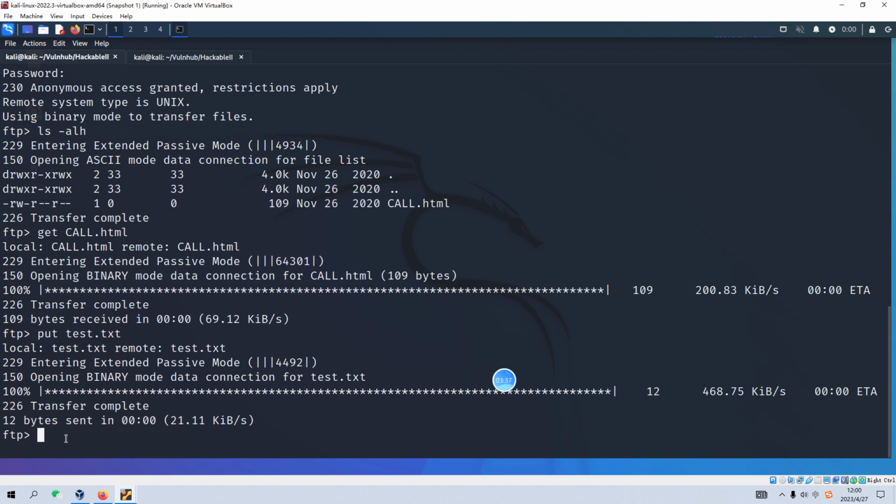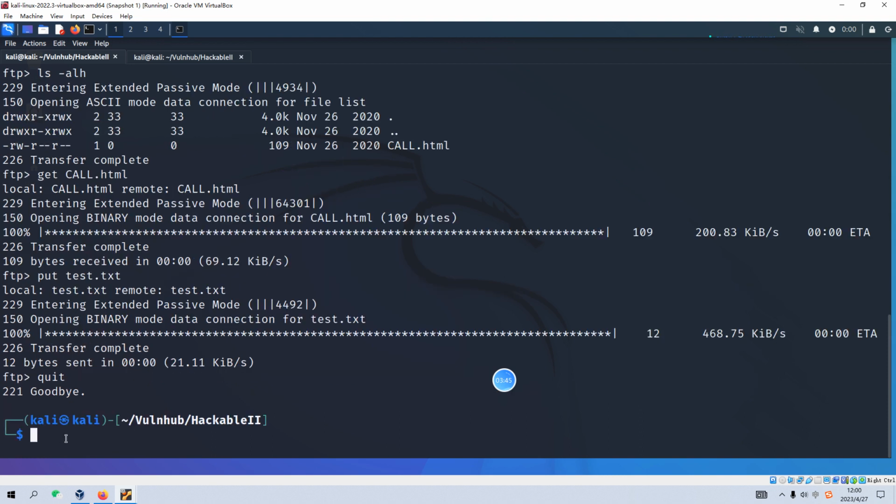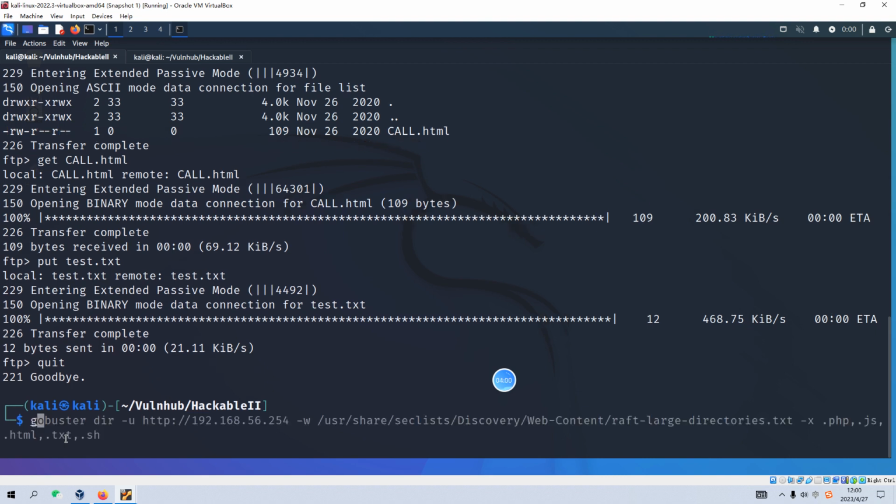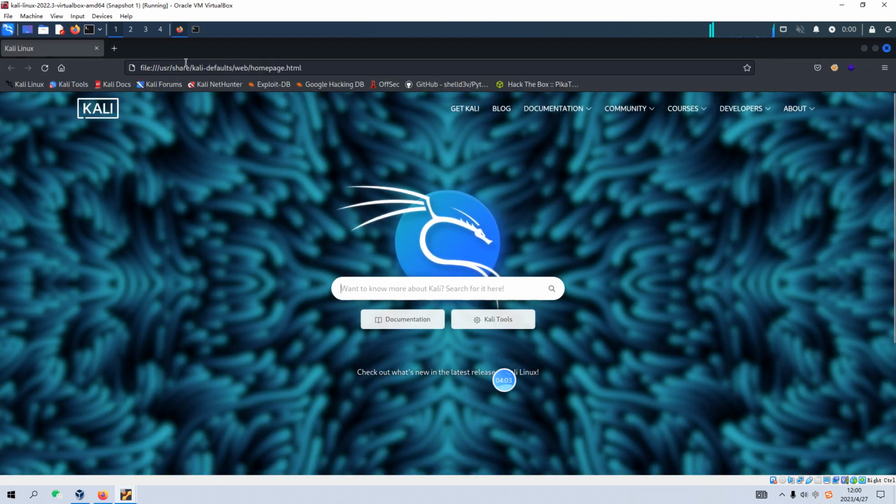So I think at this point we should remember this very well. And now let's quit. I think we have already done everything for the FTP service. And now what we are going to do next is to do some enumeration for port 80. Maybe we can fire up our browser and visit